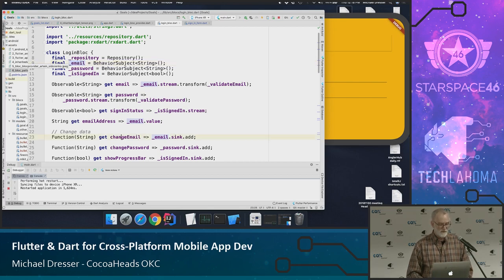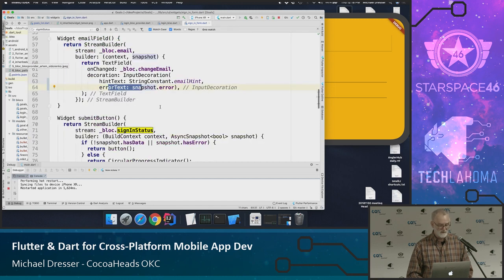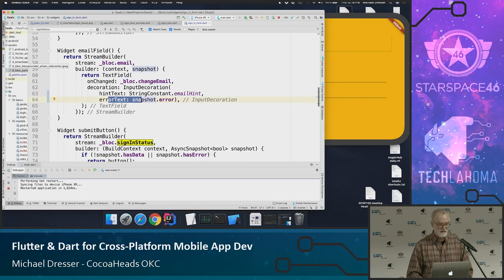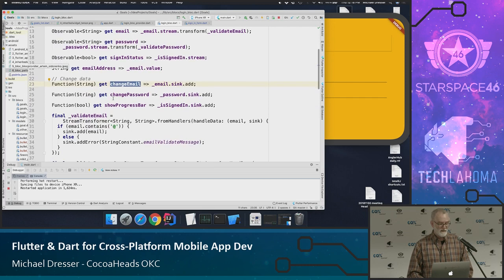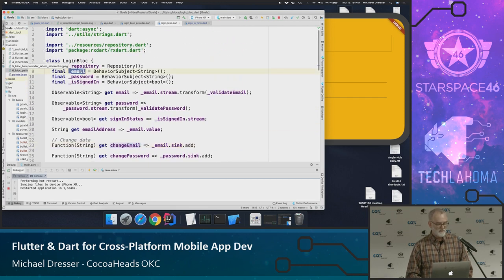So first, how could we change the email? I'll go back and remind you that that is what's going to get called anytime the text in this field has been changed, anytime the user types or deletes or whatever. In Dart syntax, I should point out two things about this email.